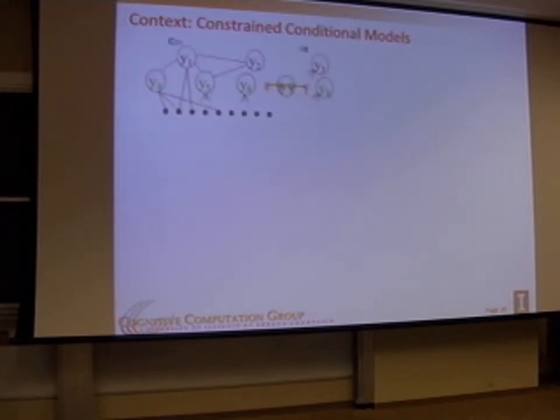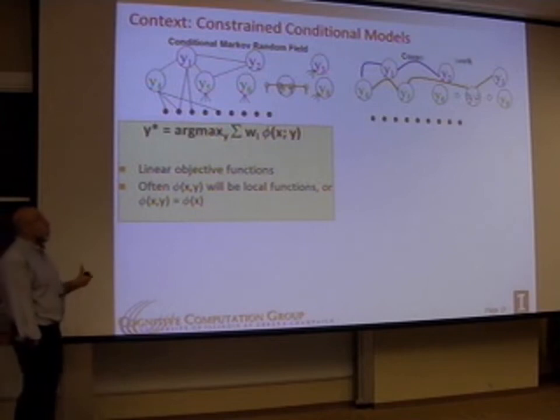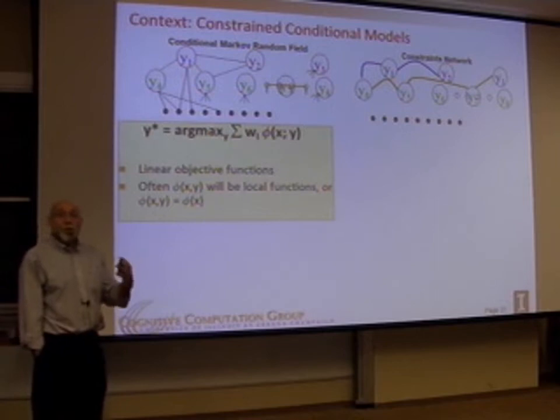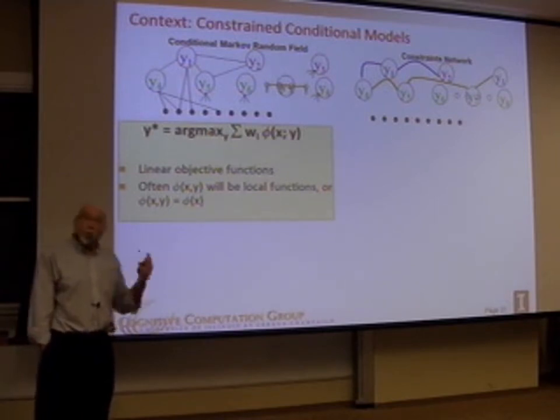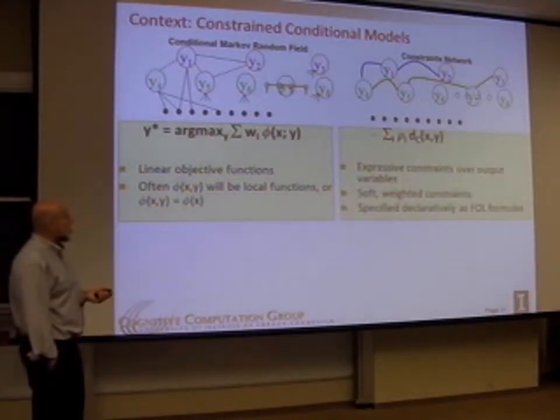Okay, so just to summarize the context of what I'm talking about. You can think about you're given a collection of variables, these y's here, and the variables could be simple and could be complex. They could be in themselves a structured model of some sort. And my goal is to optimize some kind of a linear objective function relative to this. In addition to this, I also have over the same set of variables something that you can think about as a constraint network, encoding the knowledge that you have about what values can be taken together and so on. And I can also encode this as a linear model.